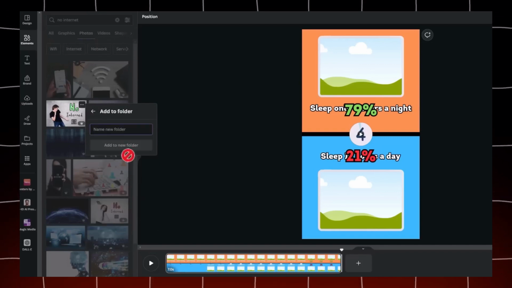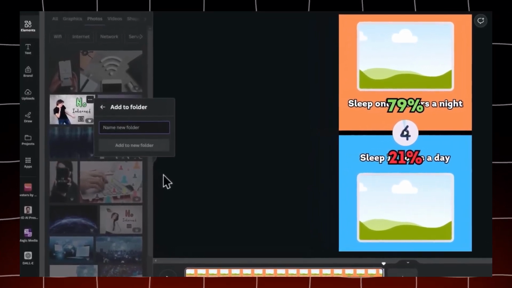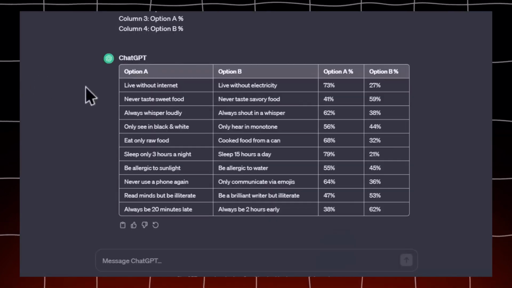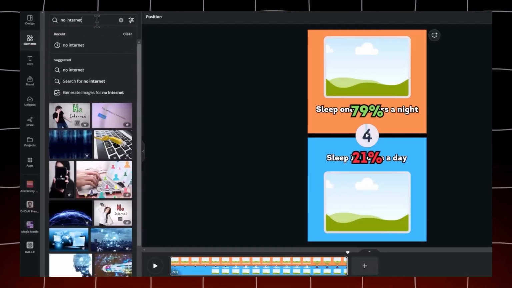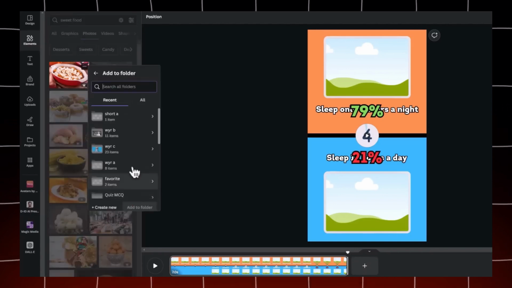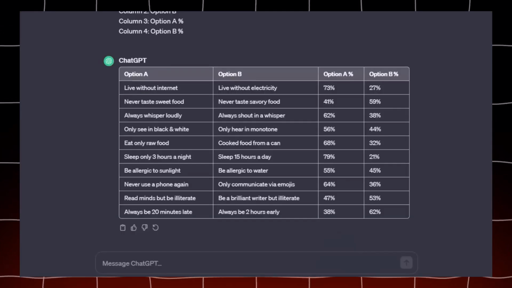Create a new folder, and to make your work easier, you should create different folders for the options. So I'll call this Short A. Then look at number 2, which talks about sweet food, and search for sweet food to select one in the photo library. The folder you just created will appear, so add the picture to it